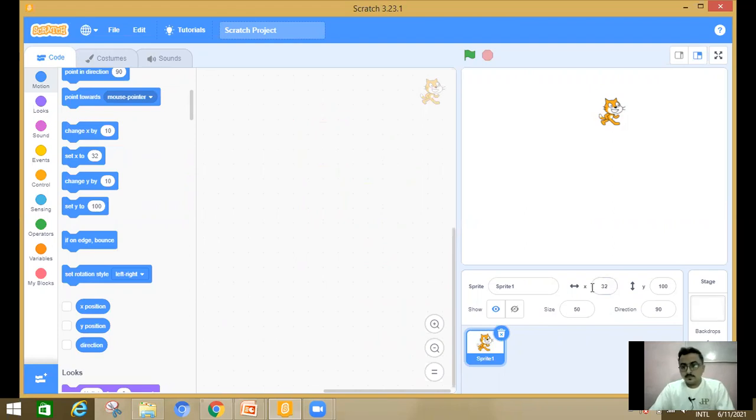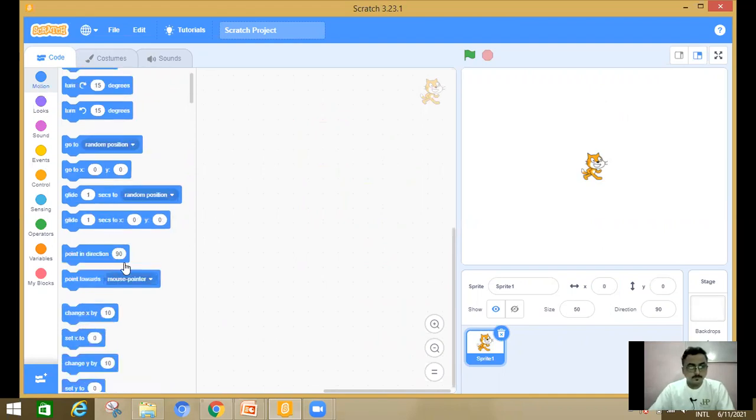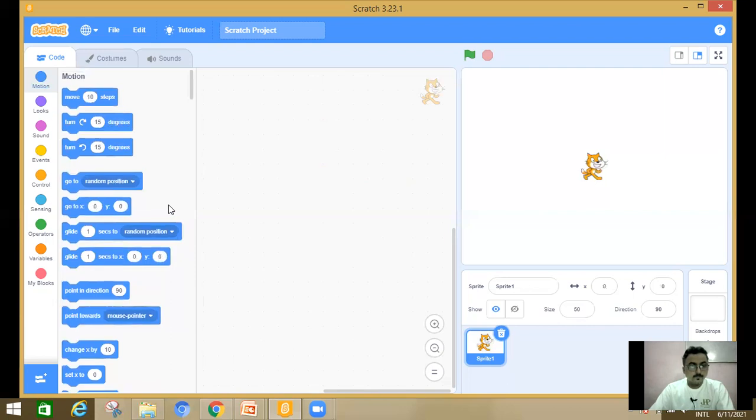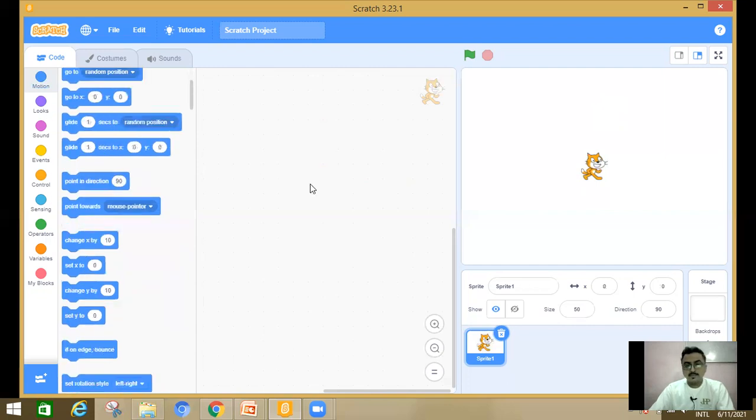Now first of all I'm going to set my cat on the 0, 0 axis. Now motion, again, what is to be done? Change Y by 10 steps. Okay, done, and it is to be repeated 10 times.